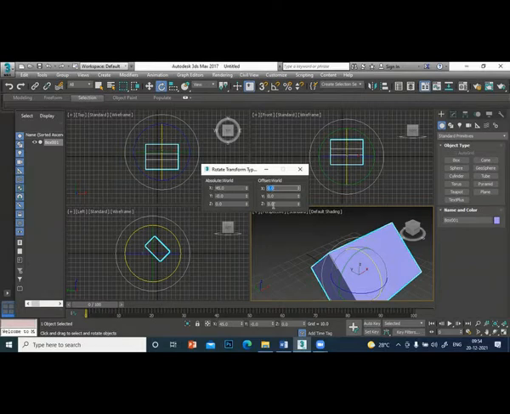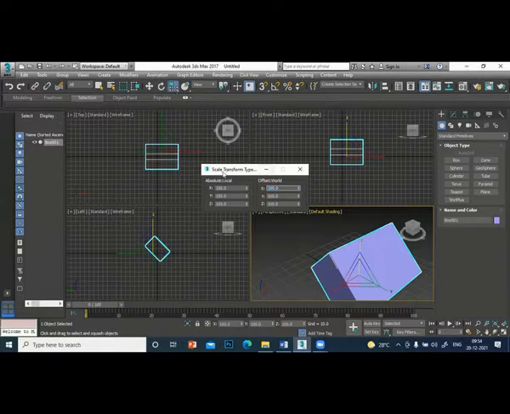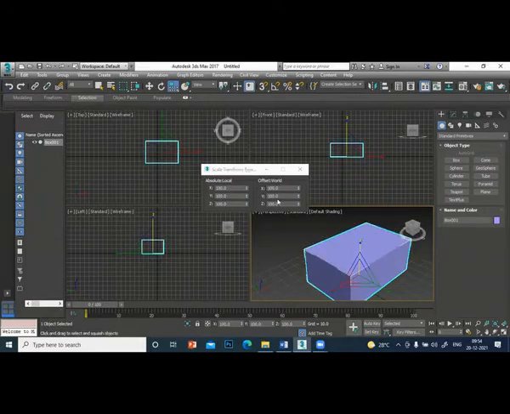So using transform type-in is very, very powerful. You can type any value you want there. Is it clear? So transform type-in is used to move, rotate, scale whatever object you want with the exact size. For scaling, you give the value, how much you want in the x direction. So now we'll move to the scale, right click, and you are in the scale transform type-in. Now it is 100%. All the objects are at 100%. There is no scaling. We have not changed any scale. 100%, 100%. Clear?